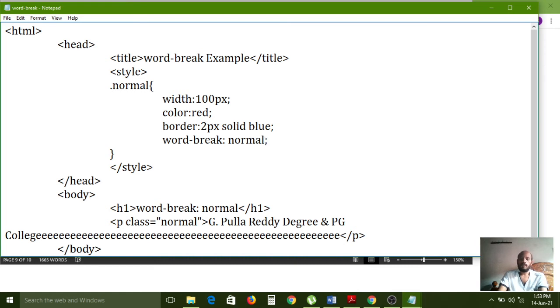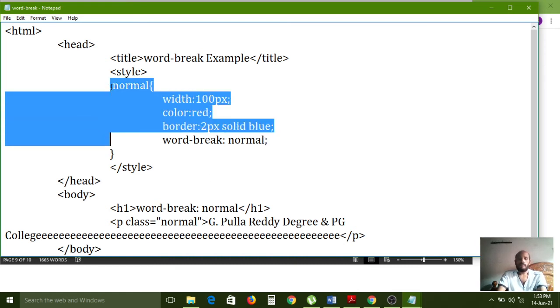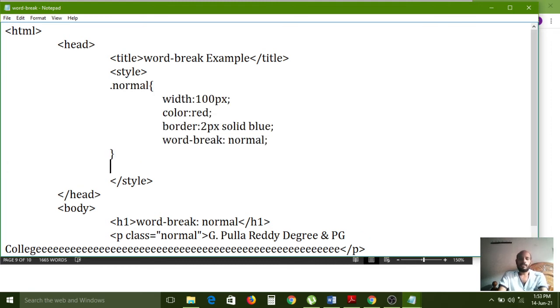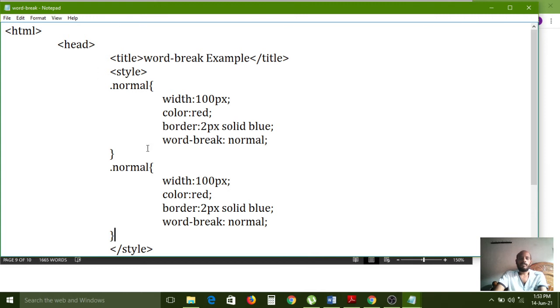Normal is the old one. Now I want to create one more thing. Copying all the properties and pasting one more time, and this one I have changed the class name to break-all. The properties also I am changing, instead of normal to break-all.